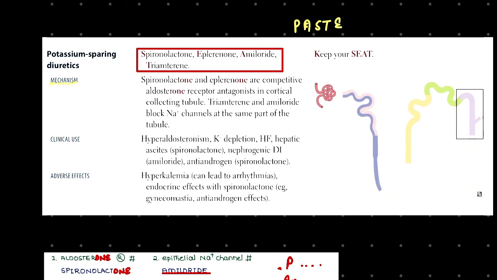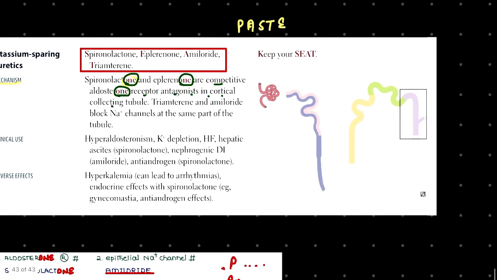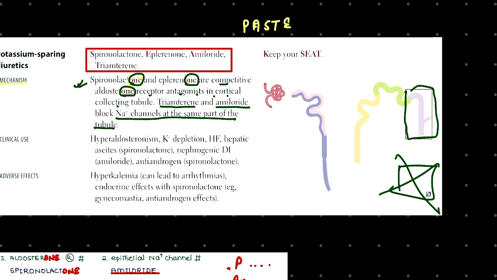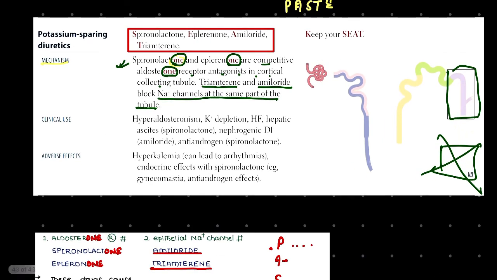Now, talking about mechanism, one is spironolactone and the other is eplerenone. These are competitive aldosterone receptor antagonists in the cortical collecting tubules. We are not talking about the medullary collecting tubules, we are talking about the cortical collecting tubules. Similarly, triamterene and amiloride block sodium channels at the same part of the tubules, at the epithelium. Now its clinical uses are hyperaldosteronism,